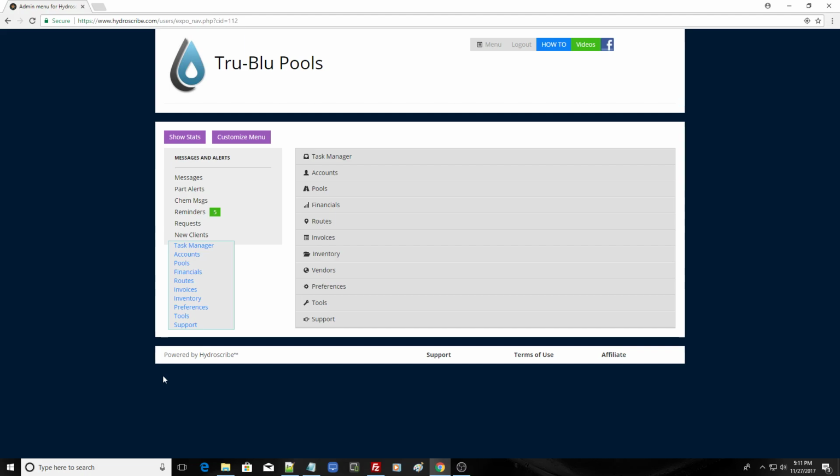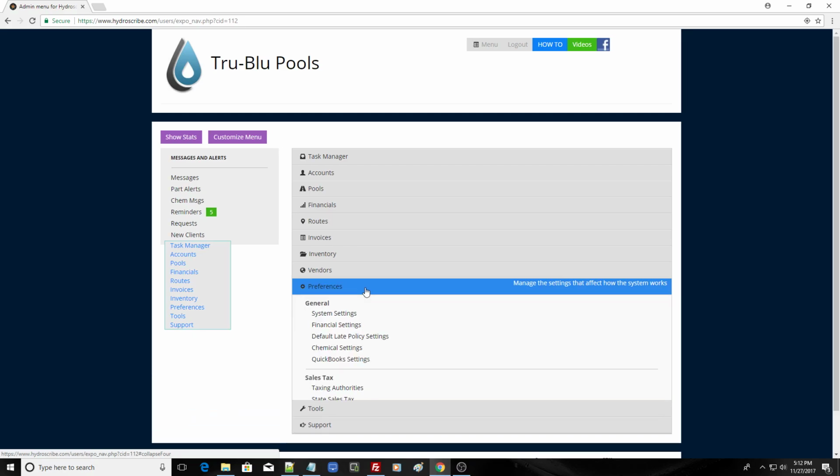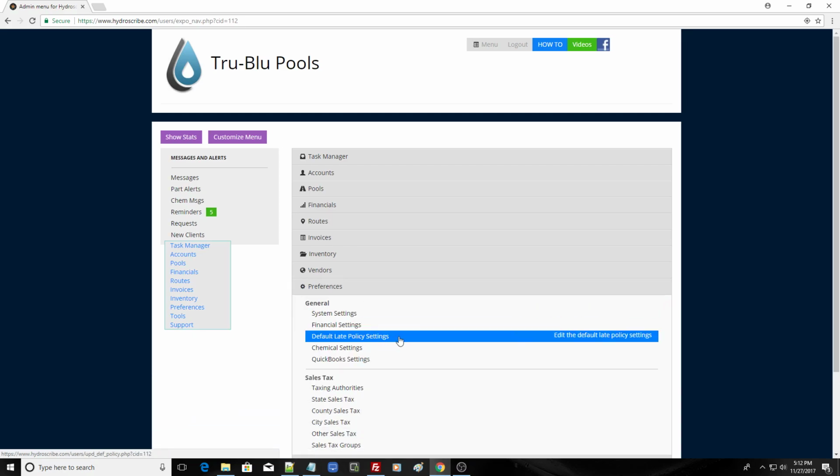Before you bill customers and create invoices in Hydroscribe, there are two things you need to determine. Number one, how will the due date for each invoice be calculated? And number two, if the invoice is not paid on time, when is the system to charge the customer a late fee? Now, to set up both things, we're going to go to Preferences and click on Default Late Policy